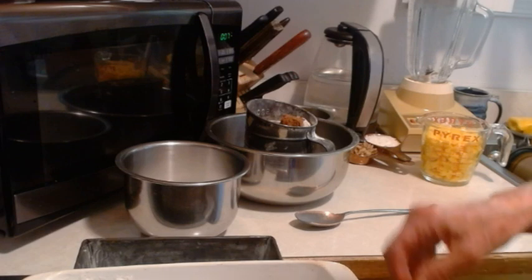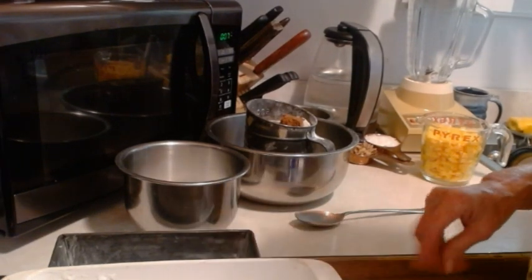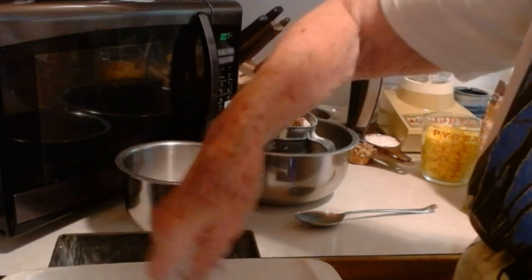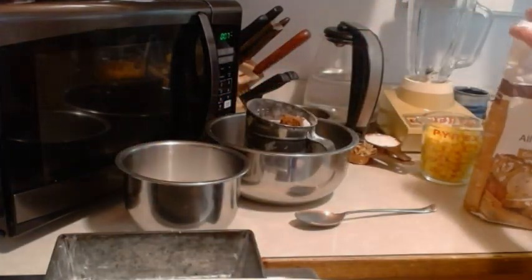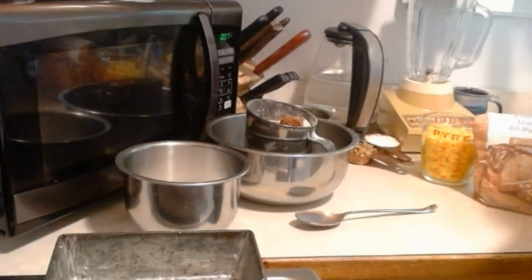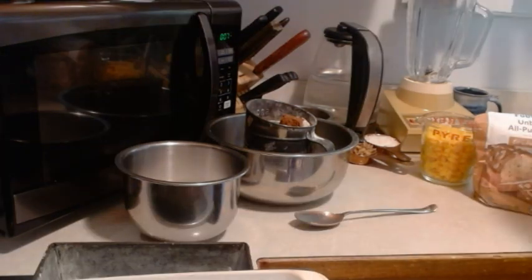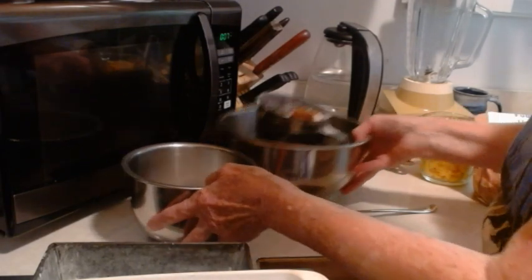So the first thing I've done, I've greased. I haven't floured yet, but I'm going to do that now. Floured my pans. And I've got my oven preheated to 350 degrees. And now I'm going to